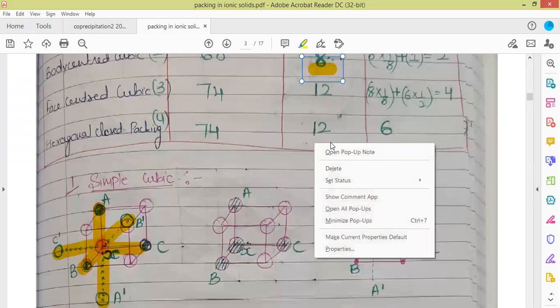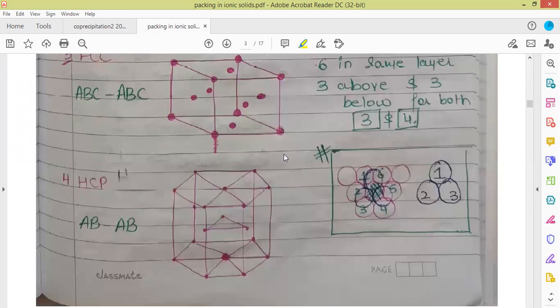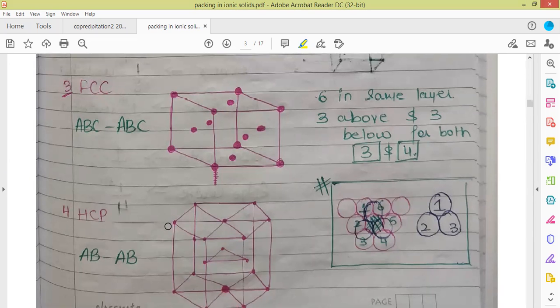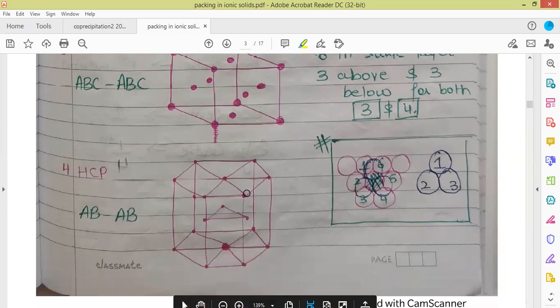Now for face centered cubic, the number of nearest neighbors is 12. This is how it happens in face centered cubic and hexagonal closed packing systems. As we discussed, when we extend the 2-dimensional stacking pattern for the hexagonal closed packing to 3 dimensions, we get 2 types of packing patterns, that is ABC, ABC, and ABAB. ABC, ABC is called face-centered cubic because it is equivalent to the face-centered cubic structure, and the ABAB stacking pattern is represented like this because it is similar to the hexagonal closed packing system.